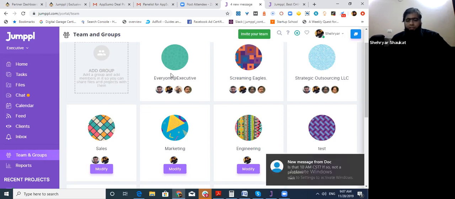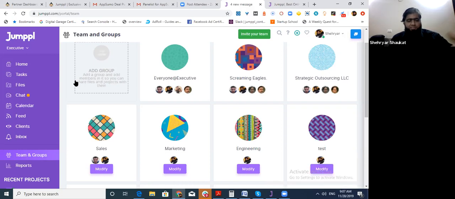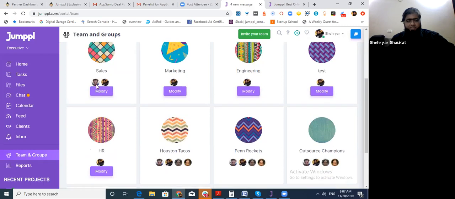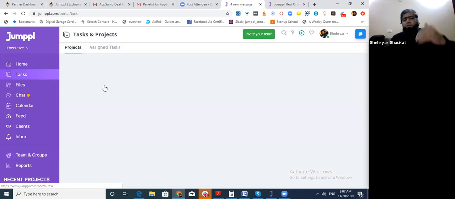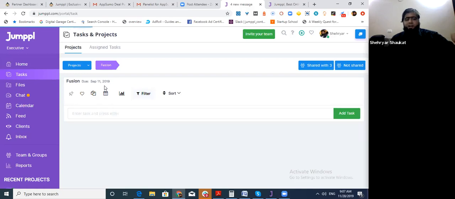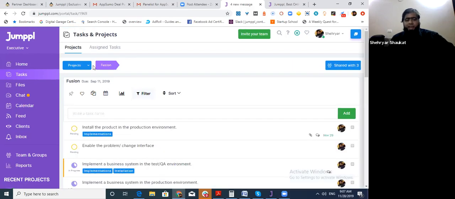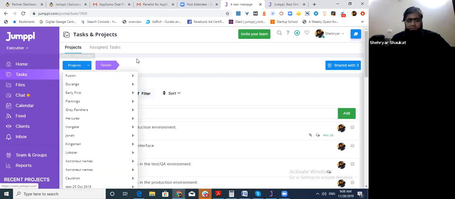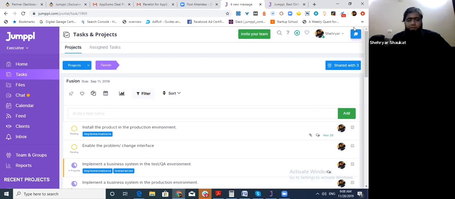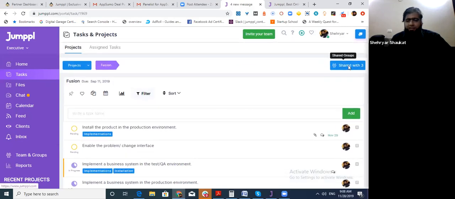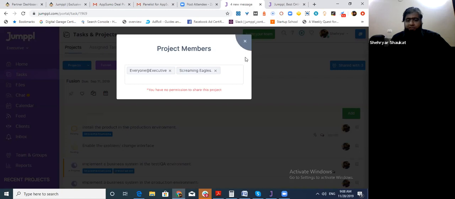Going on that concept, here is the group section, and now I'll go on to the task section as well, just to give you guys an idea. The tasks or the projects are created and then shared with the groups that you have already got in the system. So for example, this particular project is shared with 3 different groups,